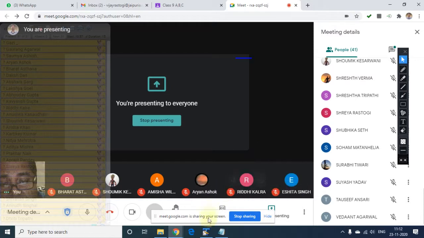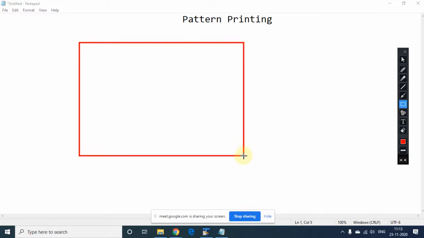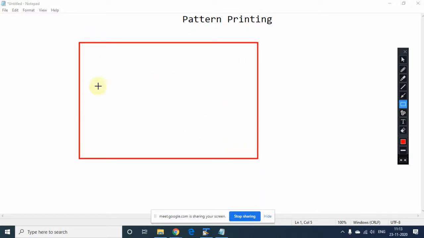Okay. So now let me discuss this. As you know, whatever you are printing comes on your screen like this. So this is your screen in the block, right? Basically, whatever you are printing on your computer screen, the screen is further divided into rows and columns.